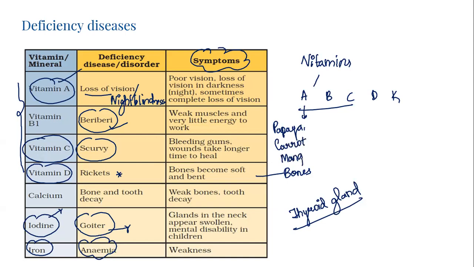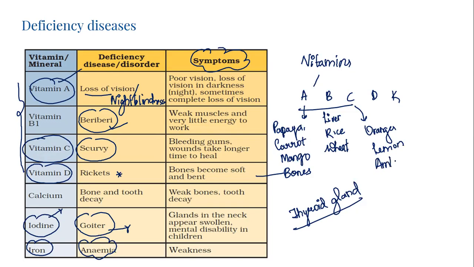These are rich sources of vitamin A. Vitamin B is mostly present in liver, rice, as well as wheat. The sources of vitamin C are oranges, lemon,